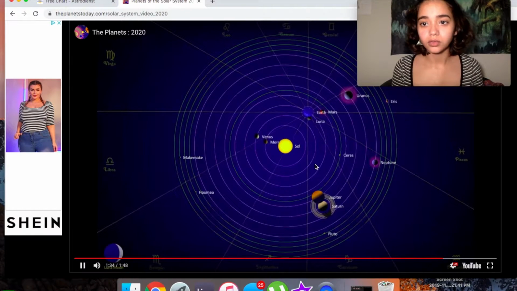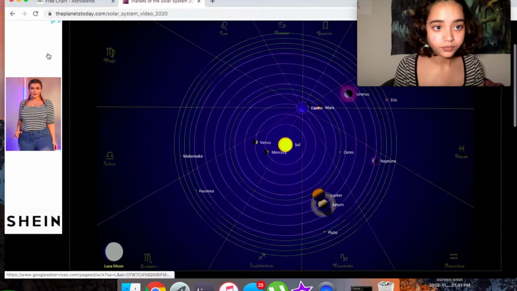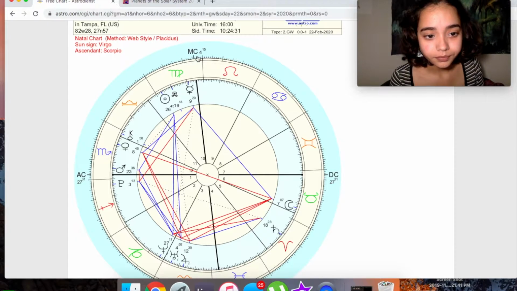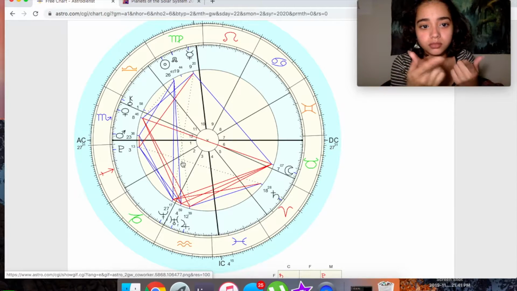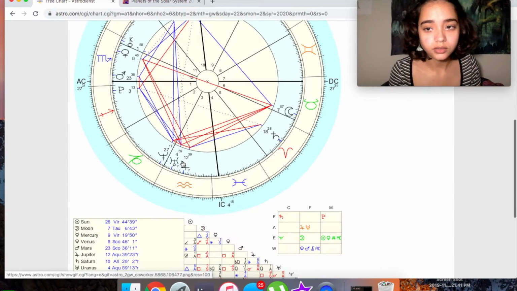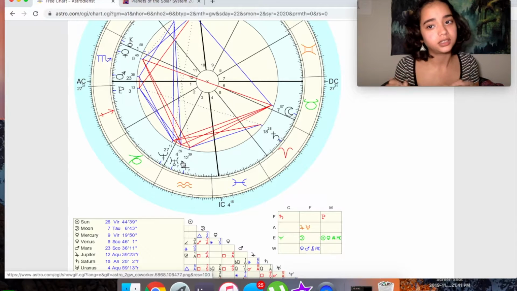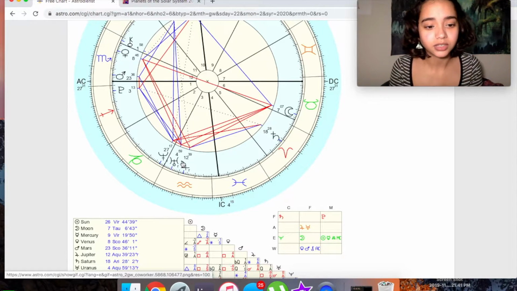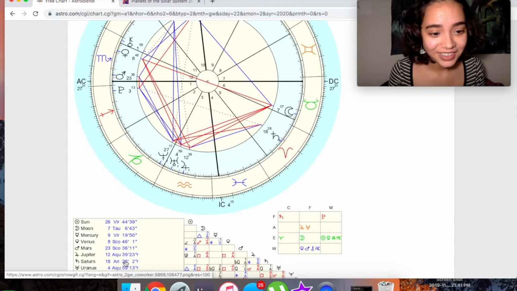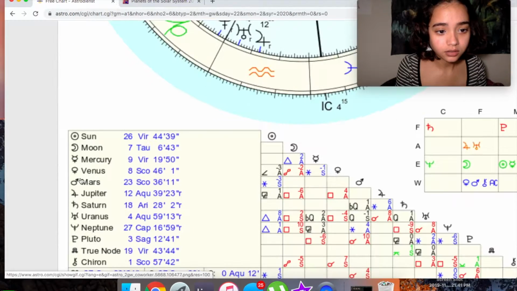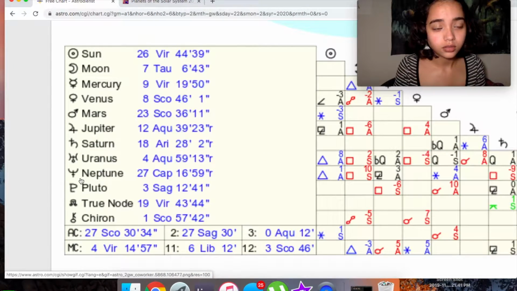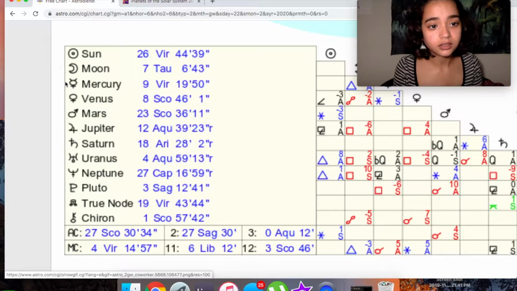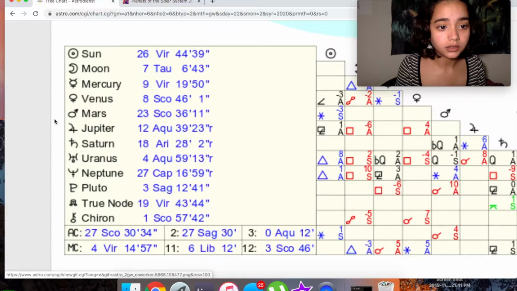And so on and so forth with all the planets. So going back to the point, you have your chart here. You want to first know what each symbol means, of course. This is for beginners, so we're not going to go crazy deep because I lose track sometimes, so I apologize in advance. But this is the sign of the sun here. Go a little bit closer. See, that's the sign of the sun, that's the sign of the moon, Mercury, Venus, Mars, Jupiter, Saturn, Uranus,